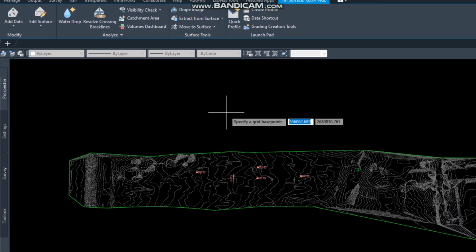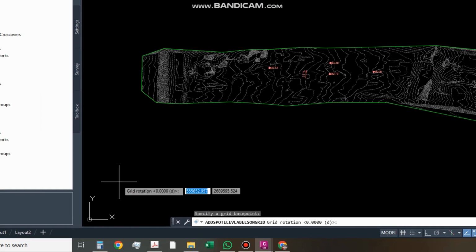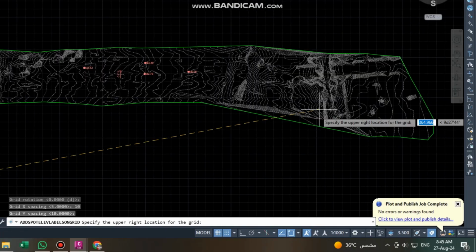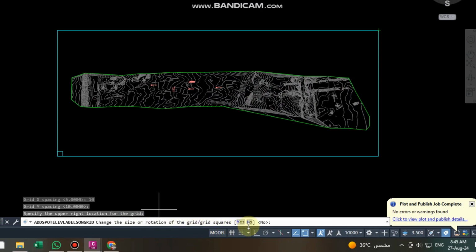If I want to check all surface level, click on the left base and select the base point. I will click here, then I will write 10 meter x and y and select the upper corner, and then